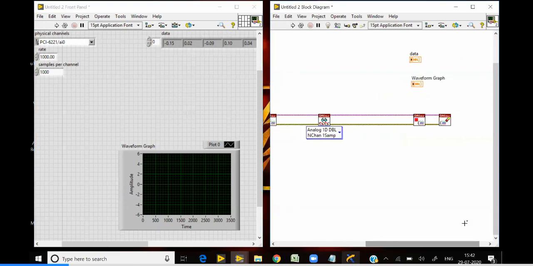So if I wanted to collect data from three channels, I have three different sensors in my hand, and I have configured those three sensors to three different channels. How I can configure it: I'll just connect it to this. Here, if I add a colon in the physical channel and give 2, then channels 0, 1, 2 are selected. It is considered that 3 channels have been selected.